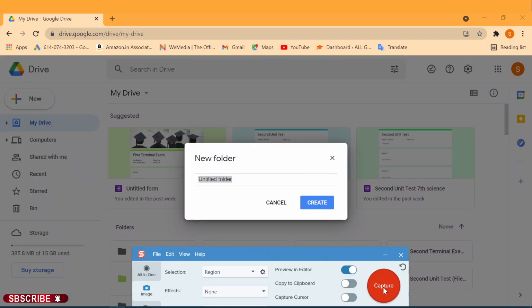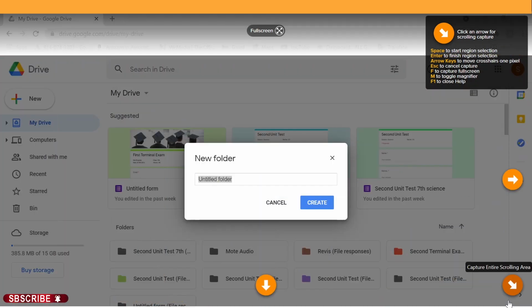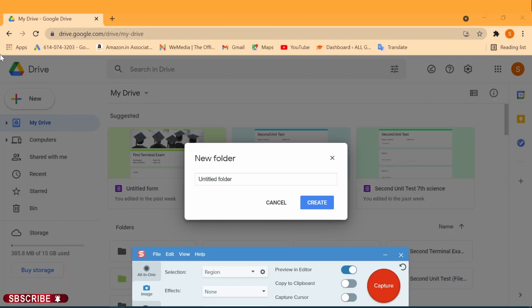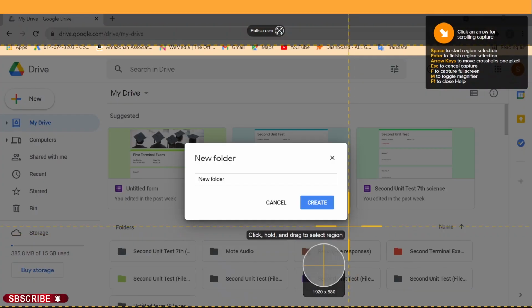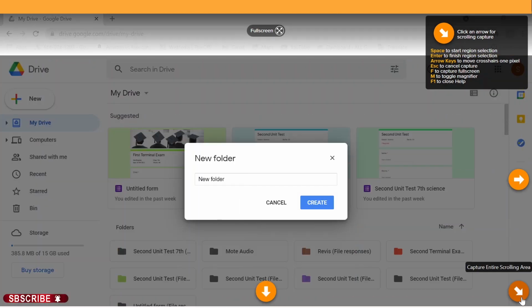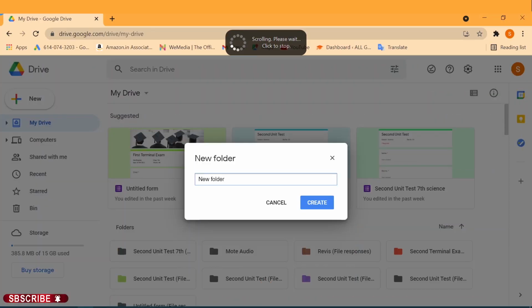So here I am going to take my third image. Now we are going to rename this folder. That is, I am going to type new folder. And this is our final image. Okay, we now have our 4 images.